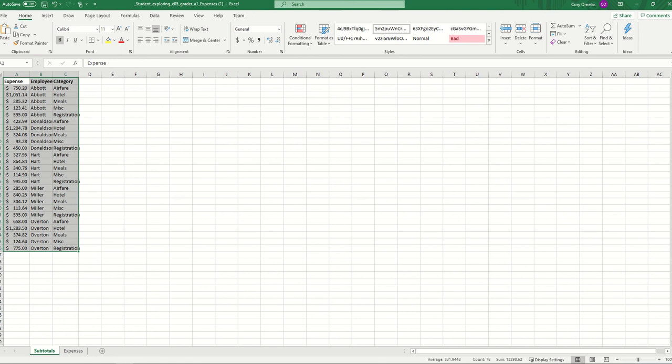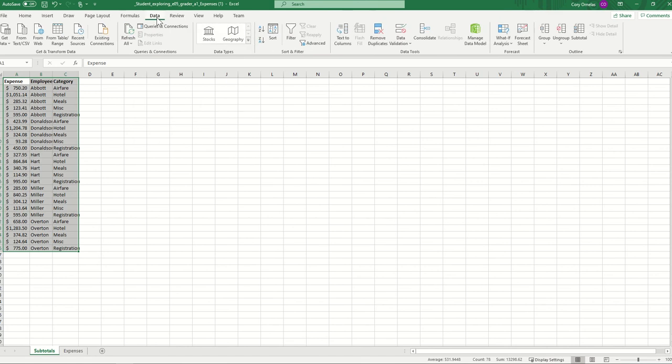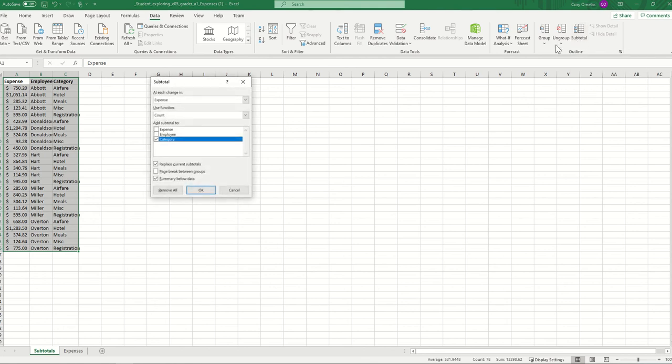Step 3 says use the subtotal feature to insert subtotal rows by employee to calculate the total expense by employee. So this one's worded kind of weird. Let's think it through word by word, and we'll figure out the steps. Let's first start by finding the subtotals. That is under the data tab, all the way at the end here in the outline group. So if I click on the subtotals button,